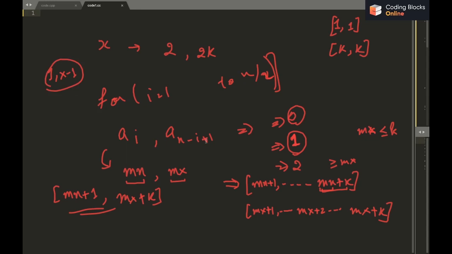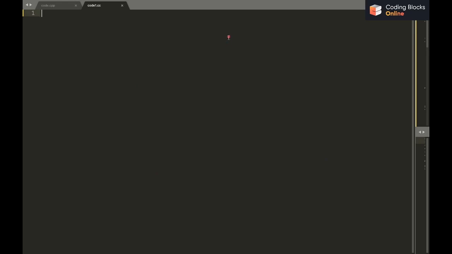Now if we look at the algorithm we just tried to implement, it will take us big O of n by 2 time for each particular value of x. The values of x are of the order k, and the time required for checking each x is of order n, so the time complexity will be n into k, which is simply not permissible, and so we want to do it in less time. Now to do that, let's try to reduce the time from big O of n to big O of log n